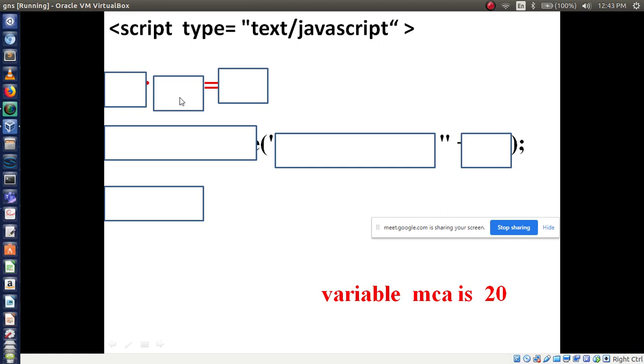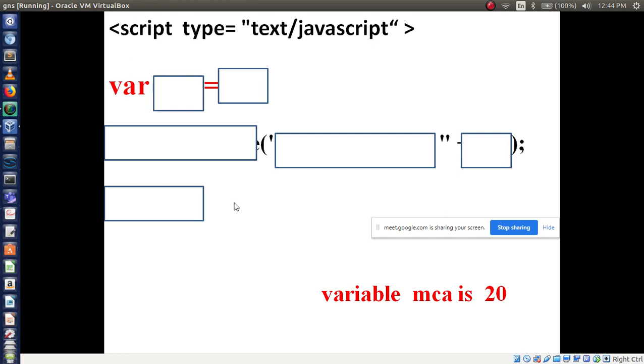Now I will write MCA here. To declare any variable in JavaScript, there is a standard syntax: you compulsorily use var. Which keyword do you have to use? var. So here I write var MCA. In Java you use int, float, char, right? Similarly here you use a common keyword, that is var.